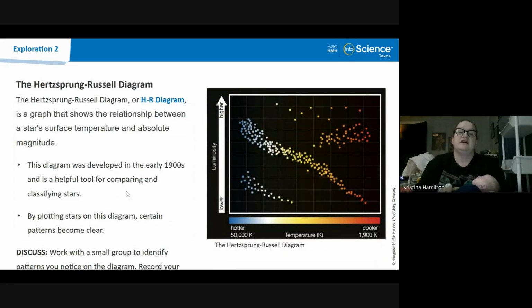All righty. And then we go into this Hertzsprung-Russell diagram. I'm going to briefly touch on it today before we finish. You guys need to work on your notes the rest of class. Do not mess around. This is your chance, and you're going to have a quiz, so you need to do this. The Hertzsprung-Russell diagram, or we like to call it the HR diagram,